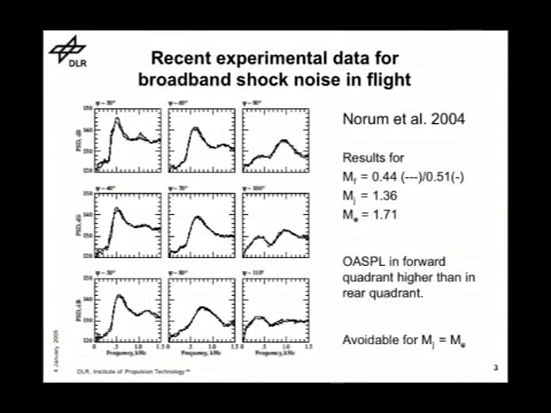These are some figures from this paper. You see this immense increase in the forward arc. This is 30, 40, 50, 60, 70, 80, 90, 100, 110 degrees relative to the flight direction. And this peak is avoidable. If this can be cut off, you get a substantial reduction of noise emission in the forward arc. And it is even found in these tests that the OSPL in the forward arc is larger than the rear arc. So jet mixing noise is negligible in comparison to this.